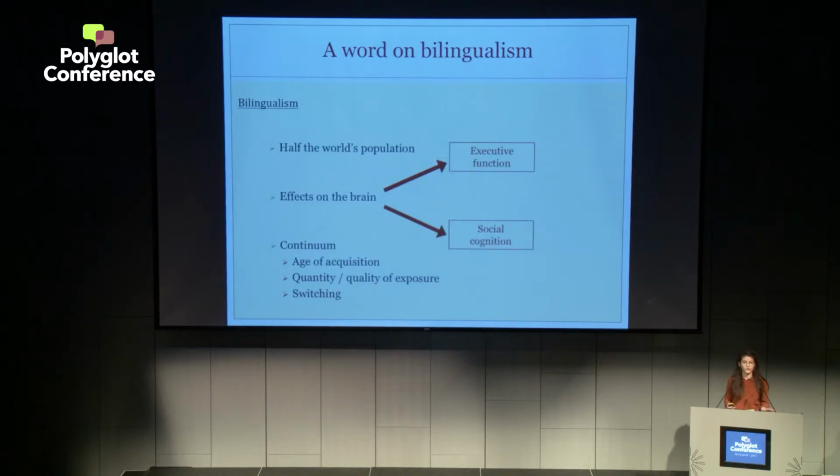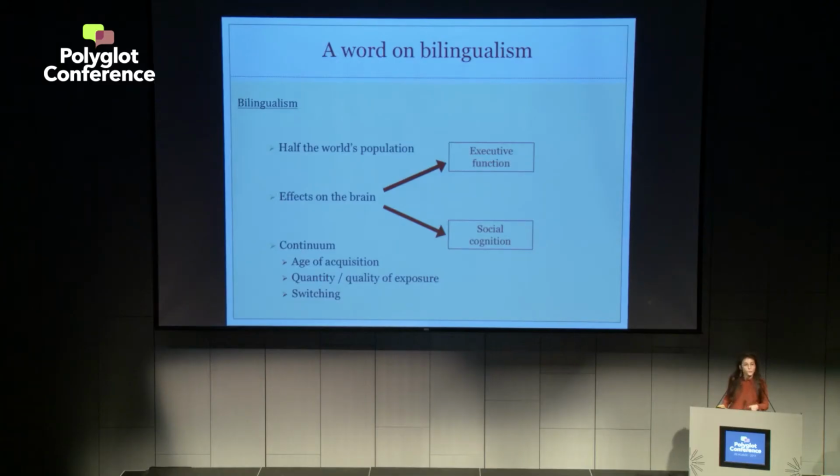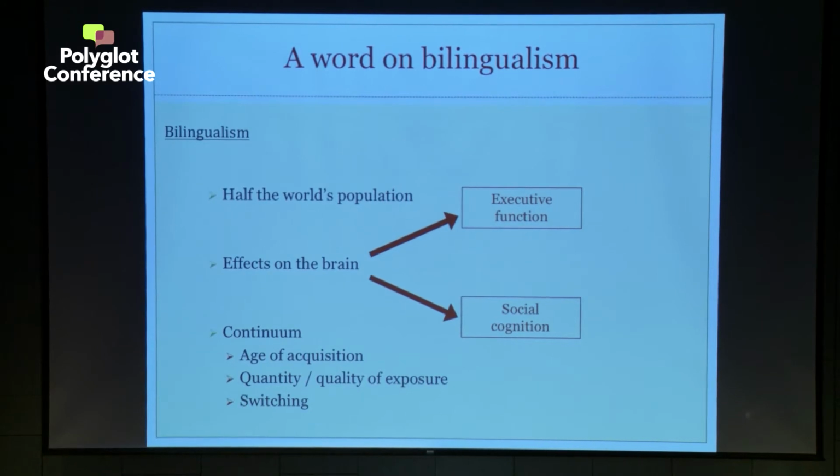Now, let's move on to bilingualism. I'm sure all of you are kind of familiar with the concept of bilingualism, but I'll just give you a wee explanation on that. In my talk, I will sometimes use the word bilingualism to refer to people with 2 languages, but also to people with many more languages. We could also use the word multilingualism, but I will mostly use the word bilingualism. Bilingualism is not at all rare, as you saw in the previous talk. It is considered that at least half the world's population is bilingual or lives in a bilingual environment.